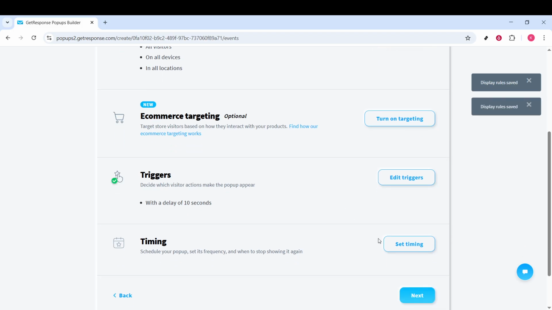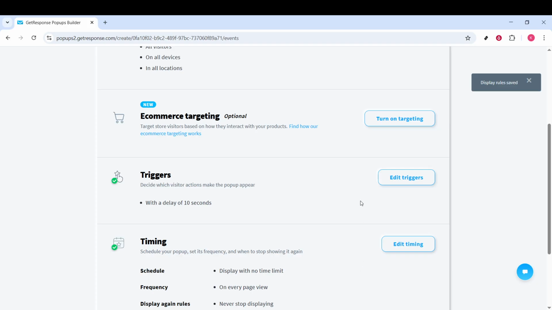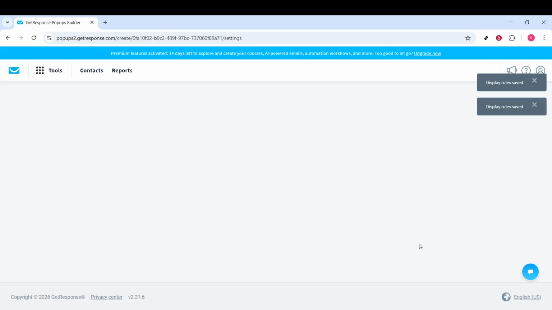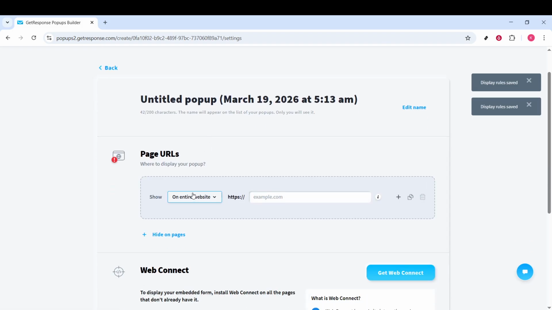Click Copy Code. This is important because the code includes a unique element ID or class that your website button will use to trigger the pop-up. Now switch to your website editor or the place where you control your button. Open the button settings and paste the copied code or the provided ID or class into the appropriate area so